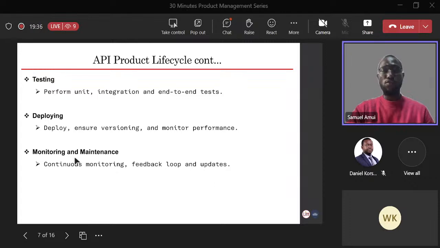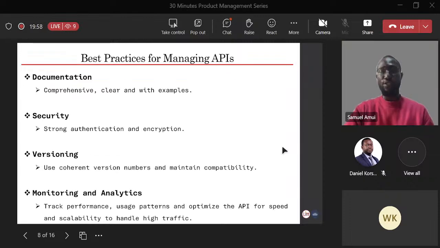All of this will be done in monitoring and maintenance. Basically, the life cycle of an API is not like that of a human being, which ends sometime. With the API, when you get to monitoring and maintenance, it runs over and over and over, because you always have to be monitoring whatever is happening on the API.